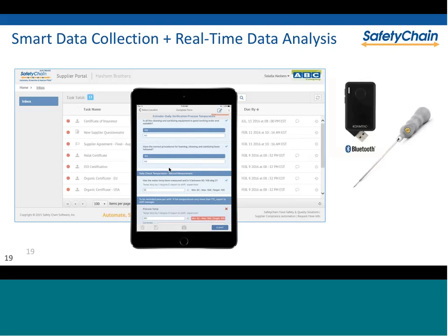Not only that, but there's some really cool technology, like the ability to take pictures and photographs of what you're seeing when you're doing an audit or an inspection, or the idea that suppliers can interact directly from a portal and have bi-directional communication with you. I'm sure many of you are sitting here going, yeah Dave, that's great, but I work in a facility that was created in 1945, and it has thick cement walls, and we don't have great Wi-Fi. These apps and forms were actually created with an offline mode in mind. So as you walk through the facility, if you lose